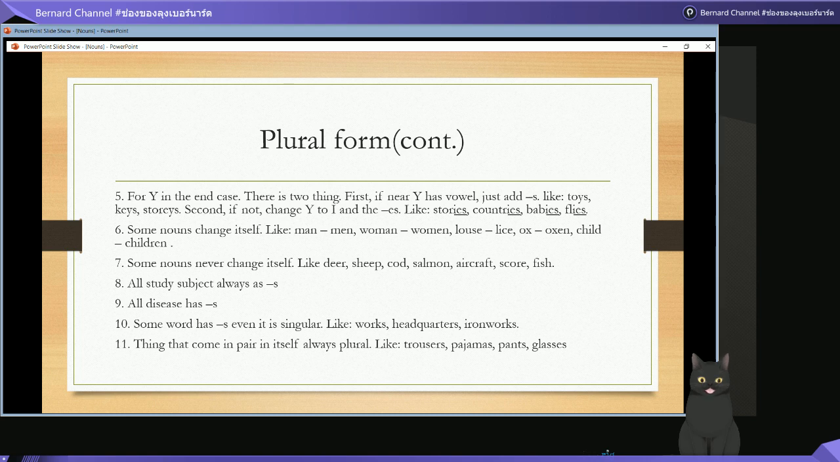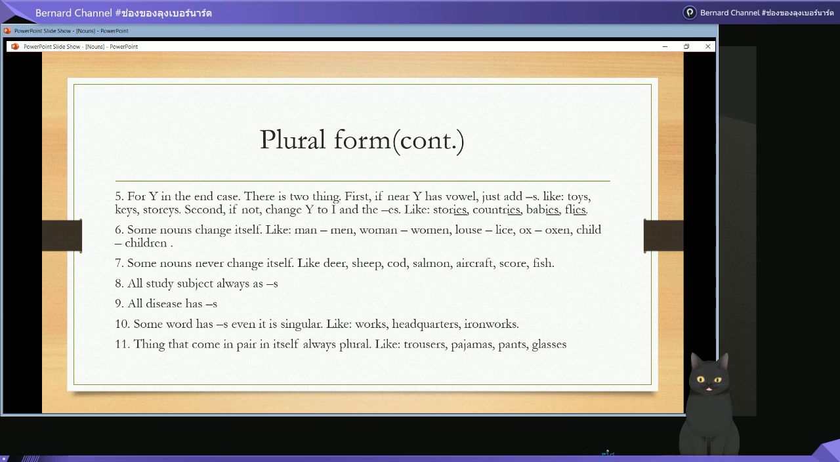Example, like toys. You see Y, and next to the Y is O. That's a vowel, so you have to add just S. The same with keys. You add S following E and Y because next to Y is E, right? And story is not this case, because it's going to go to the second case. So stories,